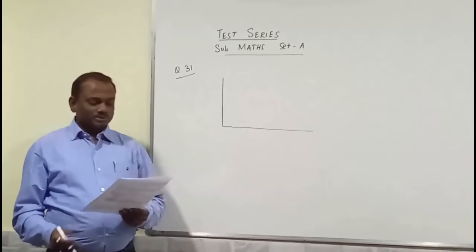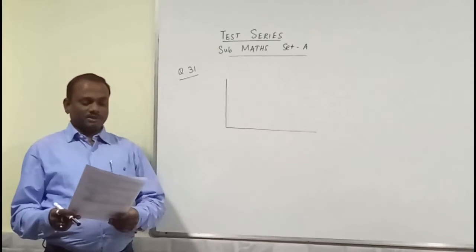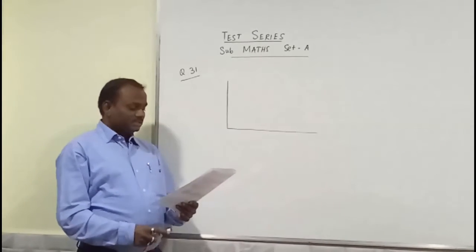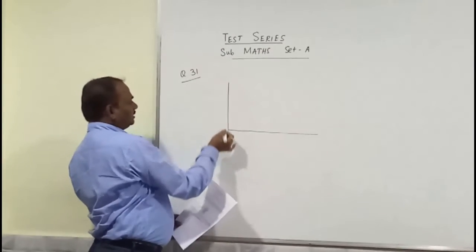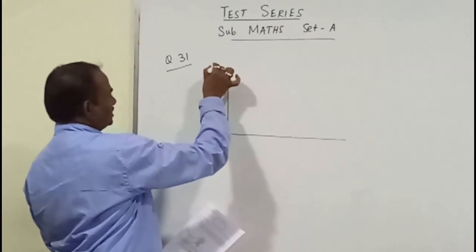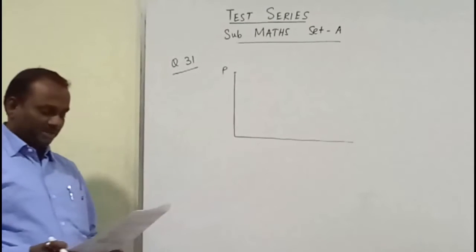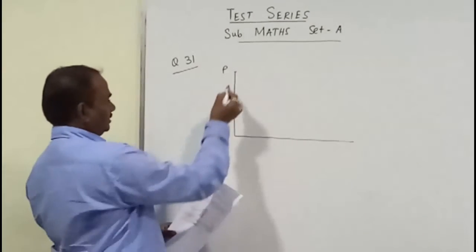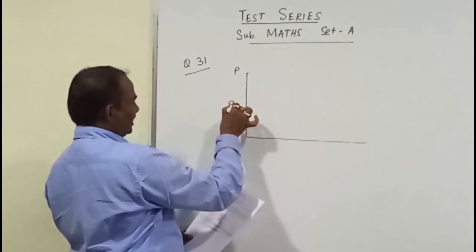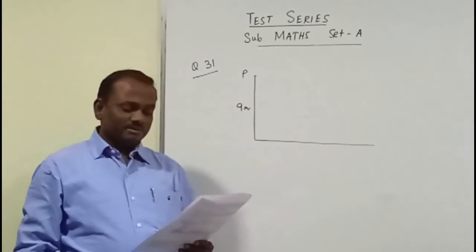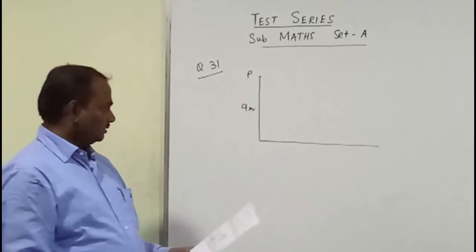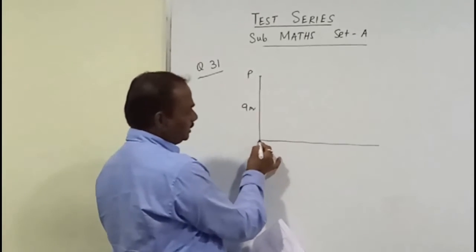I'll take the last question of this paper, question number 31. Now here it says a peacock is sitting on the top of a pillar. Say this is the pillar and here a peacock is sitting. Say I represent it by P, which is 9 meter high. This pillar is 9 meter high. Then from a point 27 meter away from the bottom of the pillar,